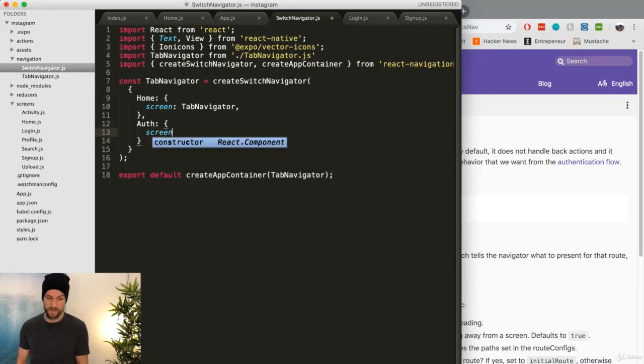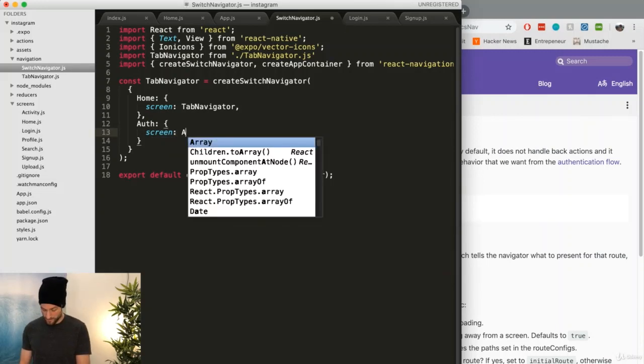So you could actually have a navigator as your screen. And we're going to do auth